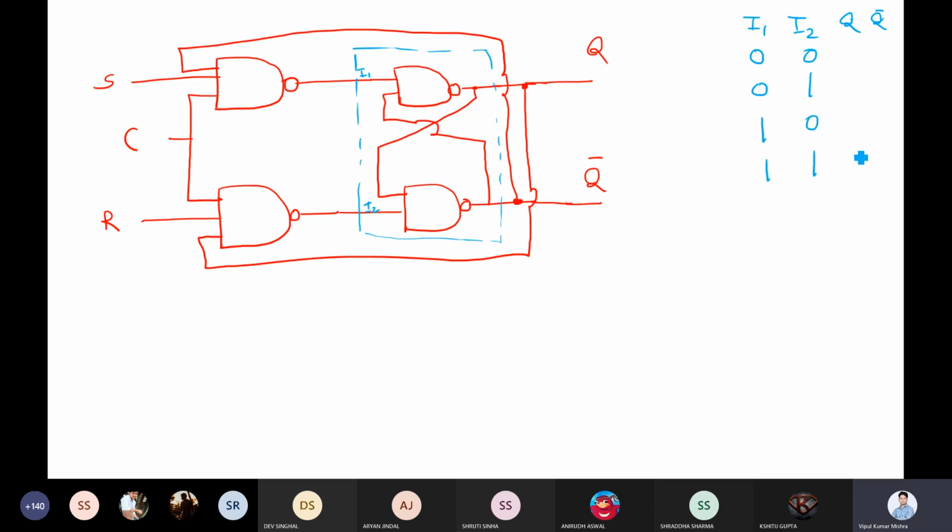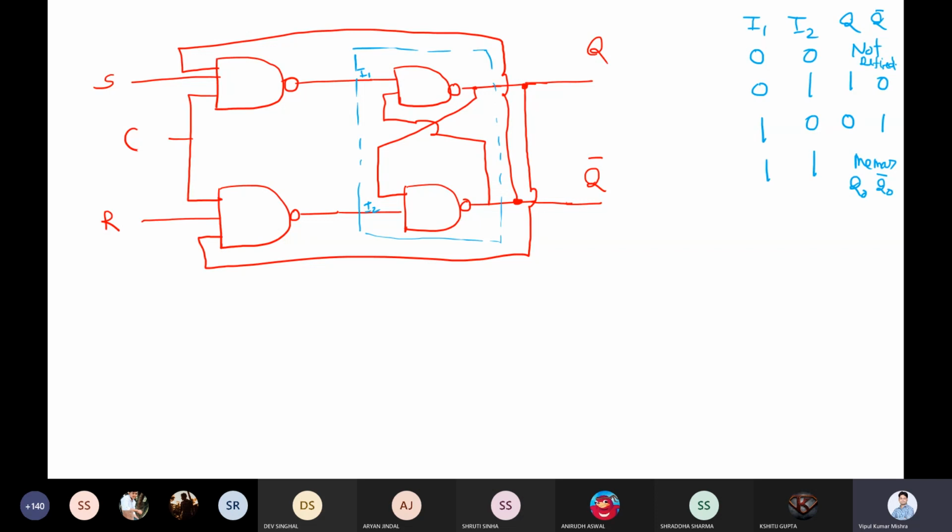In case of 1, 1, it will act as a memory cell, so you can represent this as Q0 and Q bar 0. Whenever we have values 1 and 0, I'm just talking about this small box, that is the NAND based latch. When it is 1, 0, it will be 0, 1. When it is 0, 1, it will be 1, 0. When it is 0, 0, it is not defined. Got it?